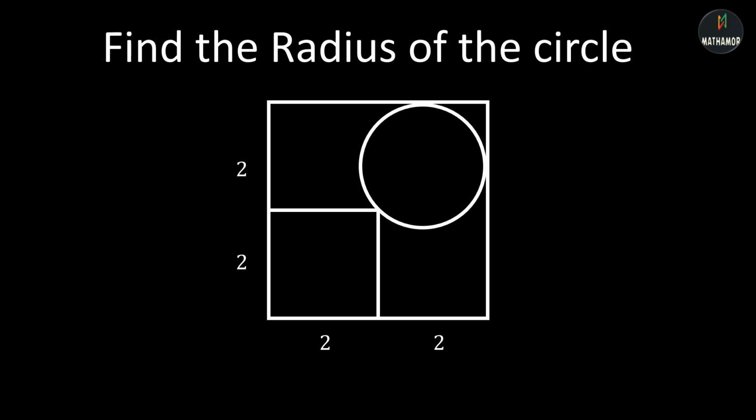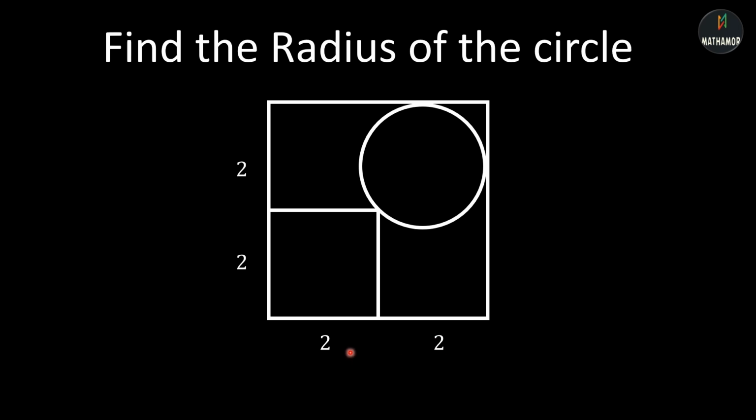So today we are here to solve the question which says: find the radius of the circle. In the diagram, one bigger square is there, one smaller square is there, and one circle is there, and the circle is touching two sides of the bigger square and one corner of the smaller square. Also we are given that the side of the smaller square is 2 and